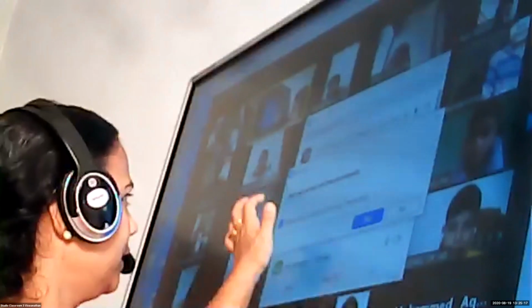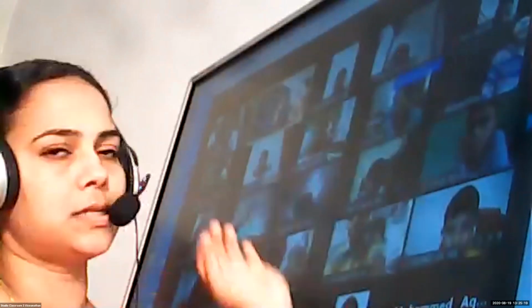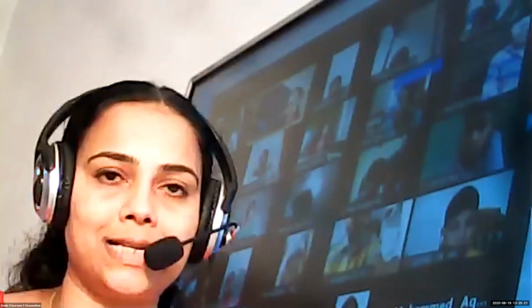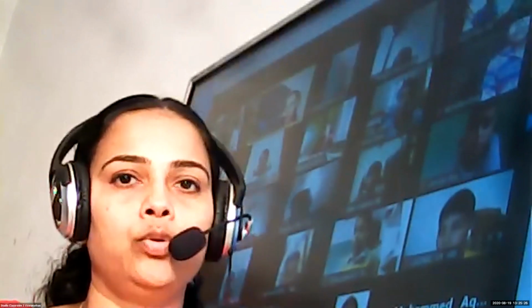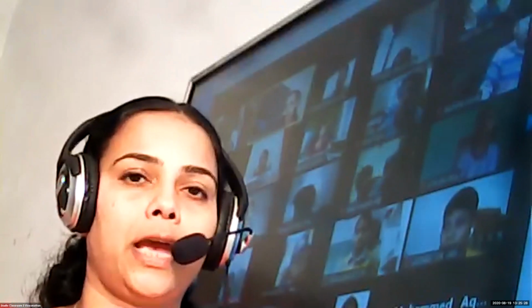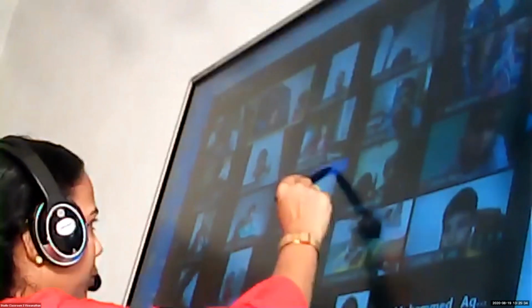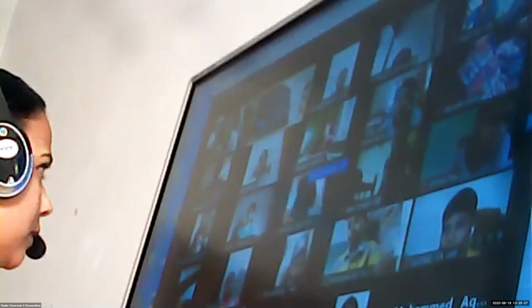We are learning chapter 3, numbers, and in numbers we have already discussed the number names, how to write the number name, place value, face value, and expanded form. So, Randir, can you please tell me what do you mean by face value? Please unmute and speak. Face value is the number which repeating. No, face value.